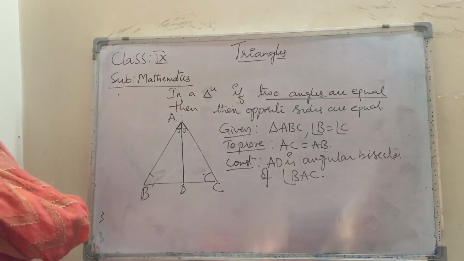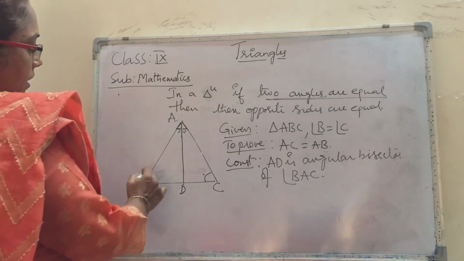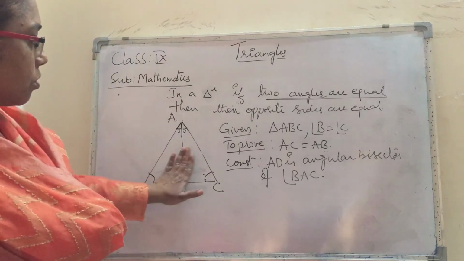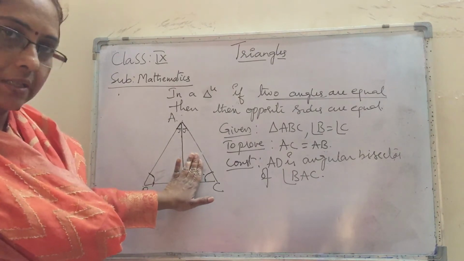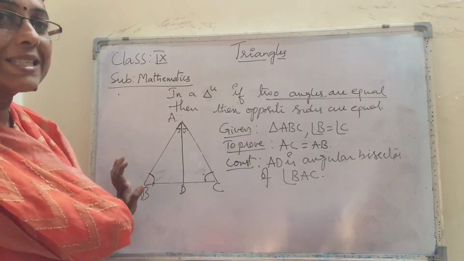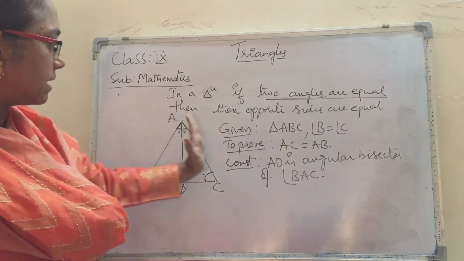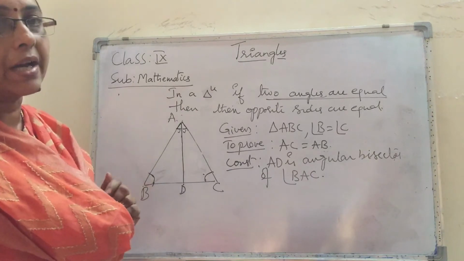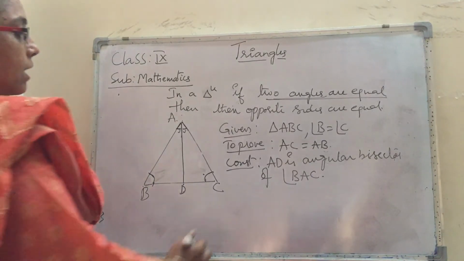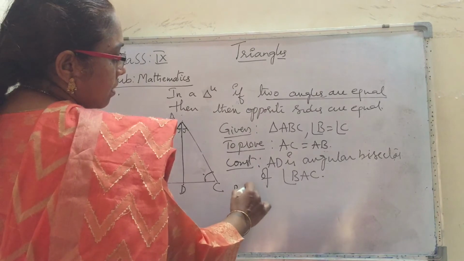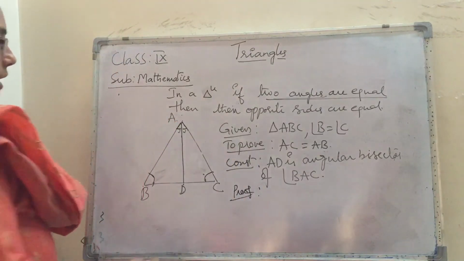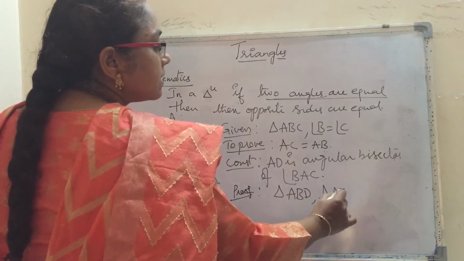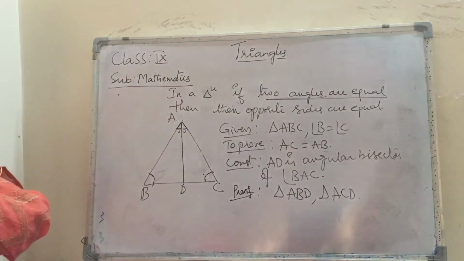So that we constructed here. Now here also, children, if we make these two triangles congruent under any congruency rule, then we can take corresponding parts as equal. Here AB and AC are corresponding parts if these two triangles are congruent. Now see, what are the equal parts in those two triangles, triangle ABD and triangle ACD? Now find out what are the equal parts, children.